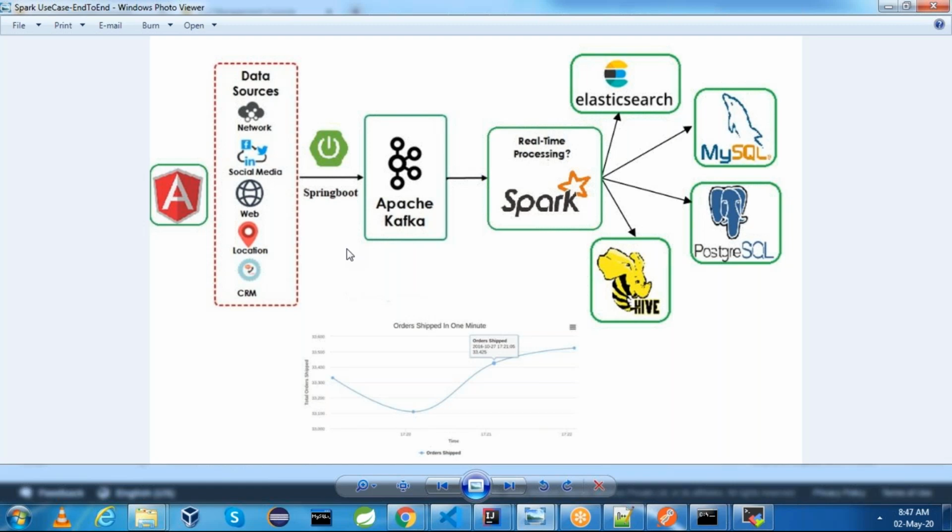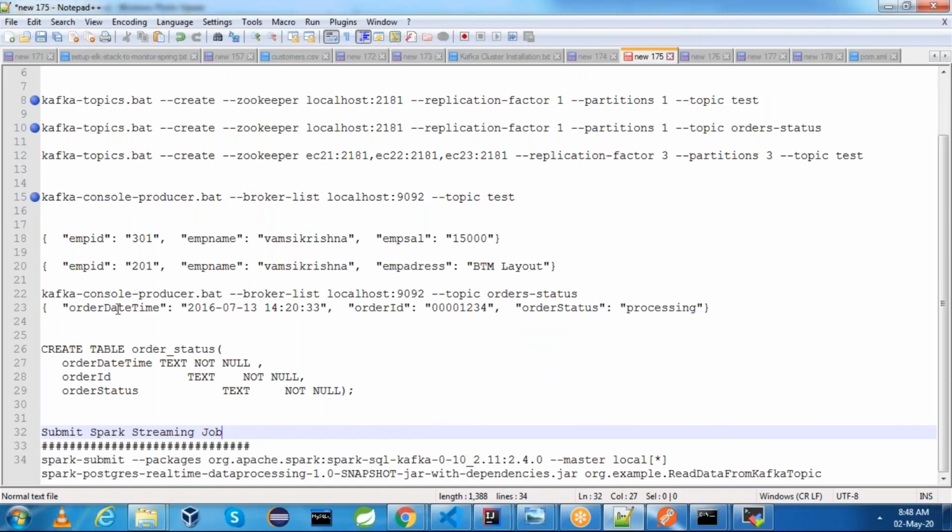Once we have the data in the Kafka, Spark streaming reads data from Apache Kafka. Here we have real-time processing Spark. It will read the data from Apache Kafka. Each row of the input stream contains order ID, order date time, and order status. These are the three fields which we are going to send to Kafka.